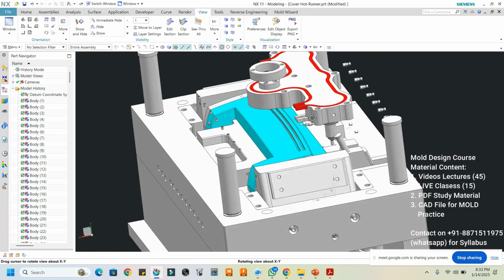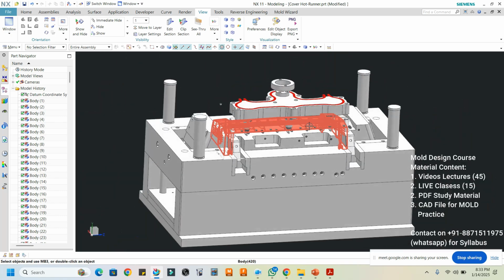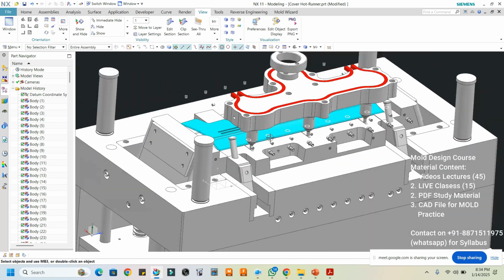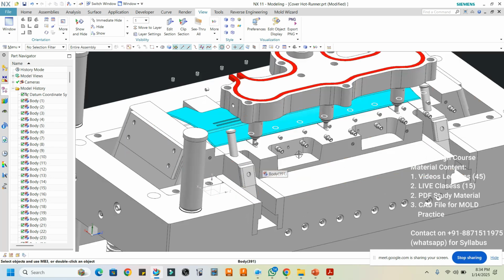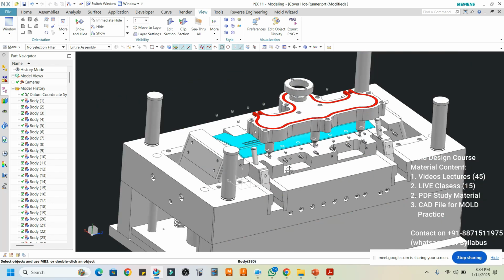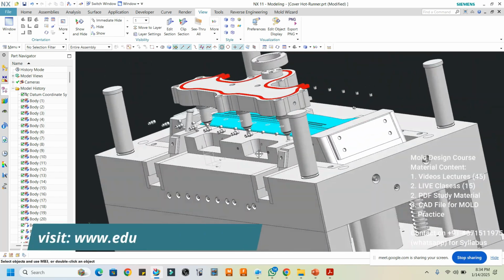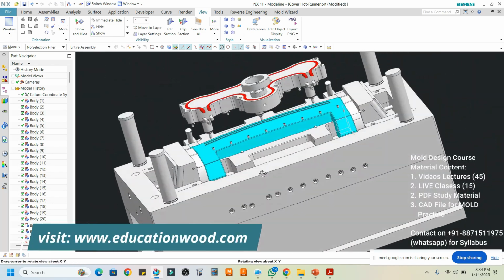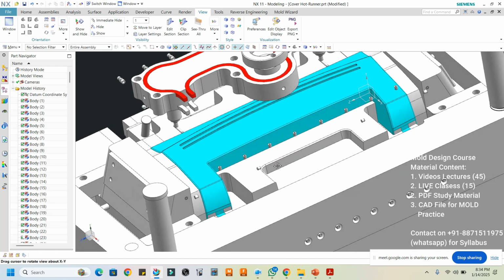Now, depending upon the requirement of the component, we have to use the hot runner system. For example, with the hot runner system, we can use the disc gating system also, as we know about the pinpoint gating system, the mid of the disc gate. So we can use that also. As I told you, it depends upon the component requirement.